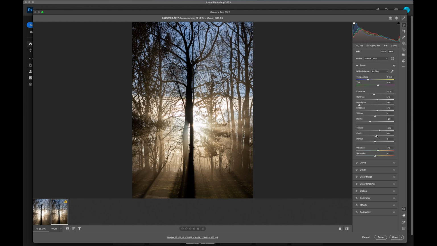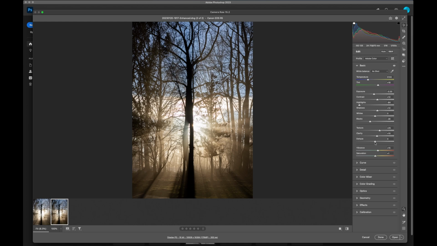Clarity is one of those things where people will use a lot of clarity because, I mean, look at the effect that this has. It takes out a lot of that blurriness in the ground and everything, but what ends up happening in some of your photos, and you can kind of see it up here, is you get kind of a halo around some of your structures, because basically you end up over sharpening your photo, so you don't want that to happen. A little bit of clarity is a good thing and it goes a long way, but we're not going to use too much of it. We're just going to go +10.